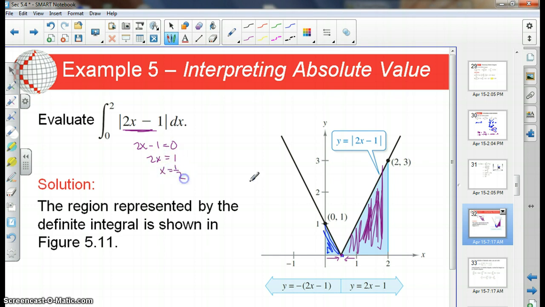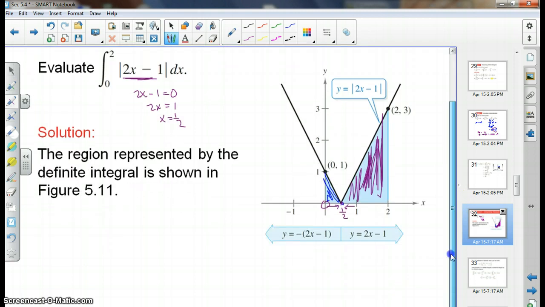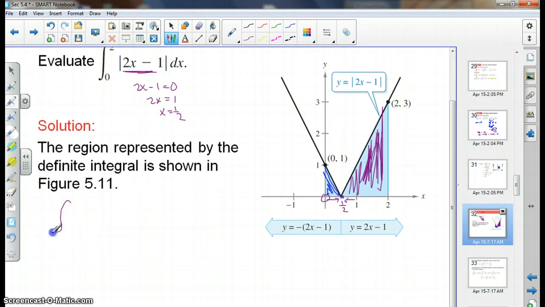So it looks like I can integrate between 0 and 1/2, and that'll give me the blue, and then add the 1/2 through the 2, and that'll give me the purple. So it looks like I'm going to have two integrations here. Again, the first integration would be, well, let's see. This is actually a negative slope. So by definition, absolute value has